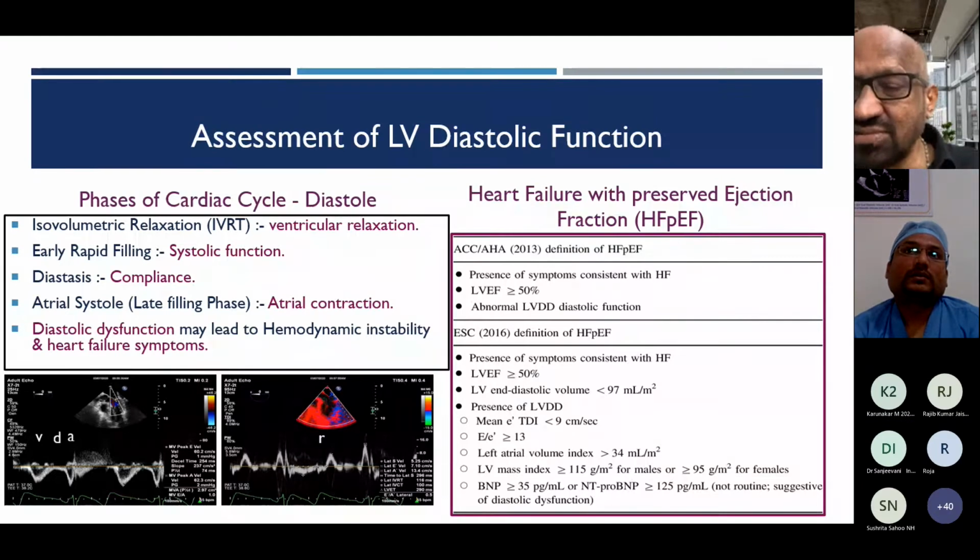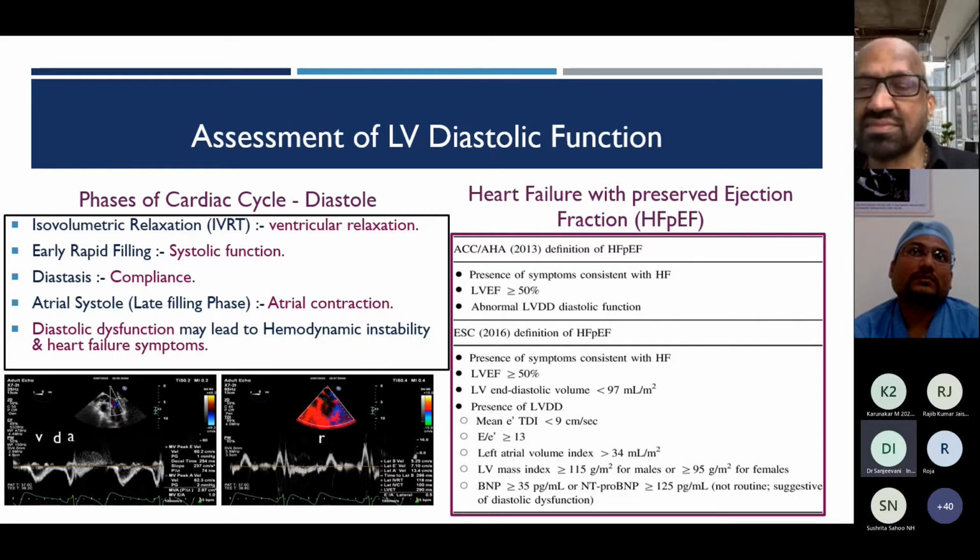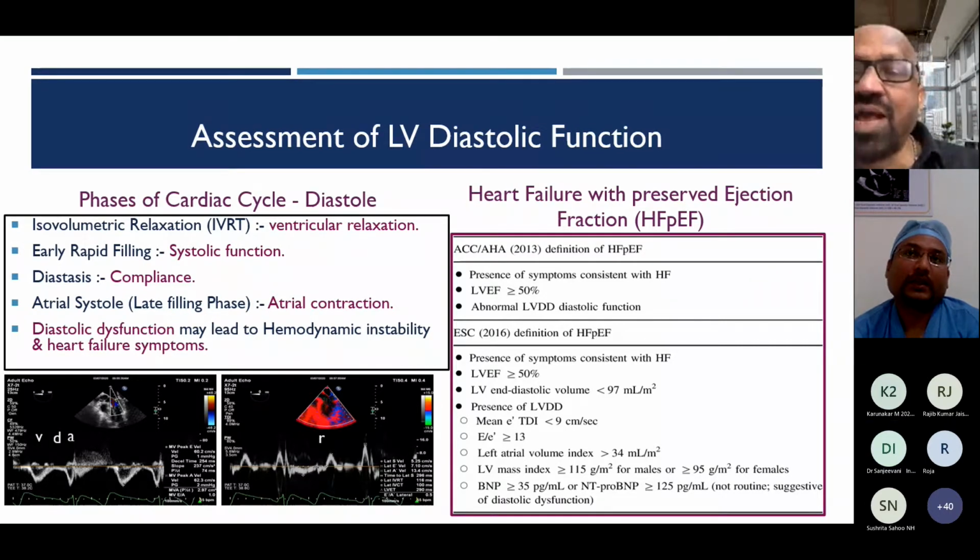Very nice question. Because all these patients ultimately with a big LA, they do have atrial fibrillation. It's an important cause for AF. Yes. Hypertrophied ventricles, because the atrial contribution is not there, the A wave parameters will not be applicable. For example, E by A, there's no A wave there. So you have to go by IVRT less than 65 milliseconds, and deceleration time of pulmonary venous diastolic velocity less than 220 milliseconds.